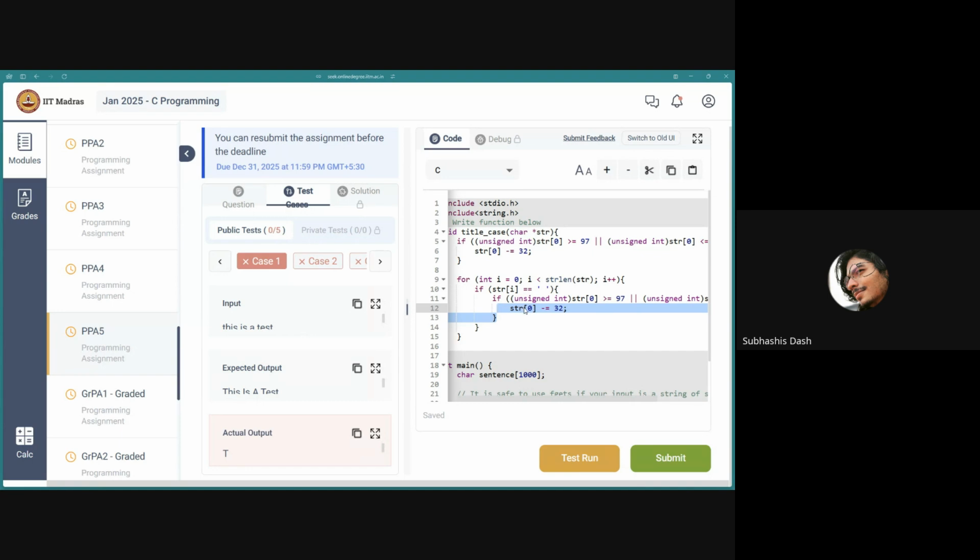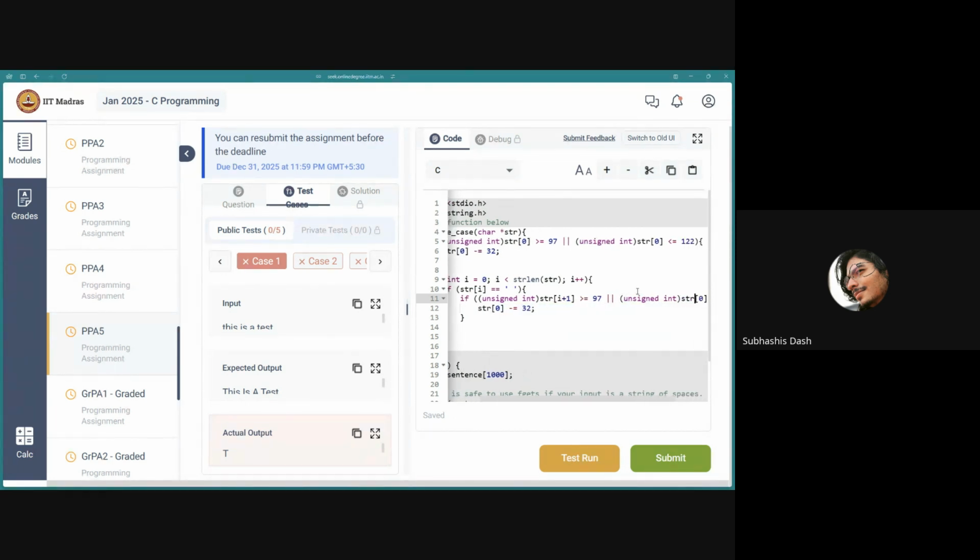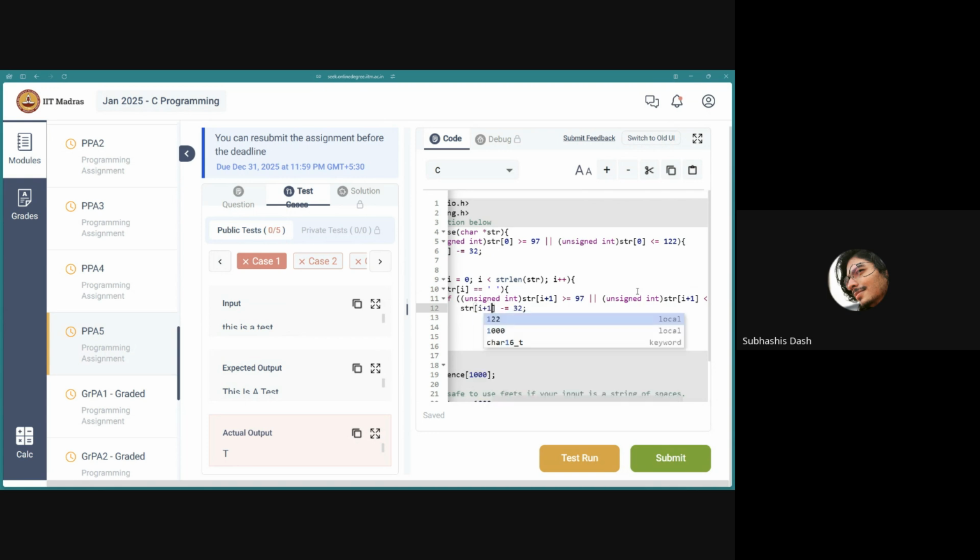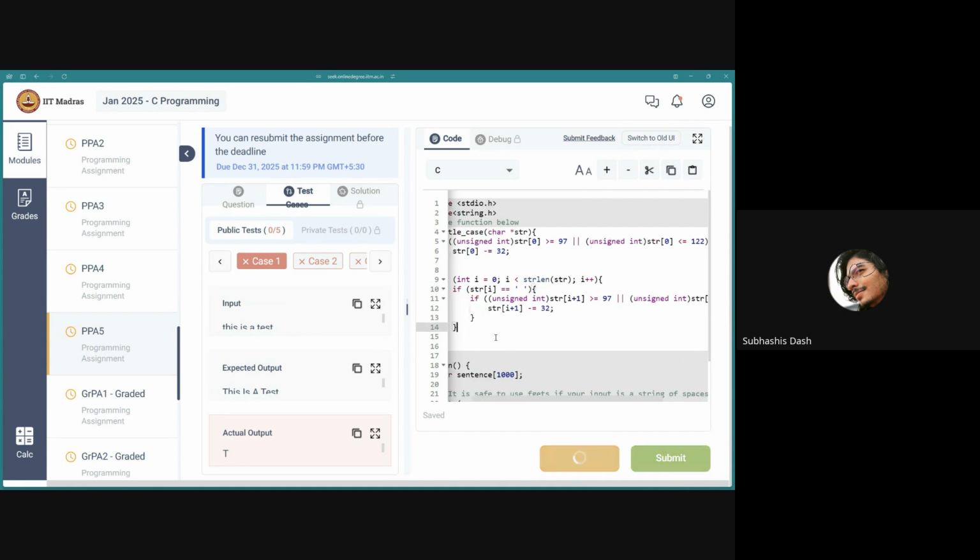We can do it like this in string 0, it should change I plus into 1. Yeah, that's right, I plus 1. And over here as well, I plus 1. And now if we just test run this one, it won't do anything because we are not